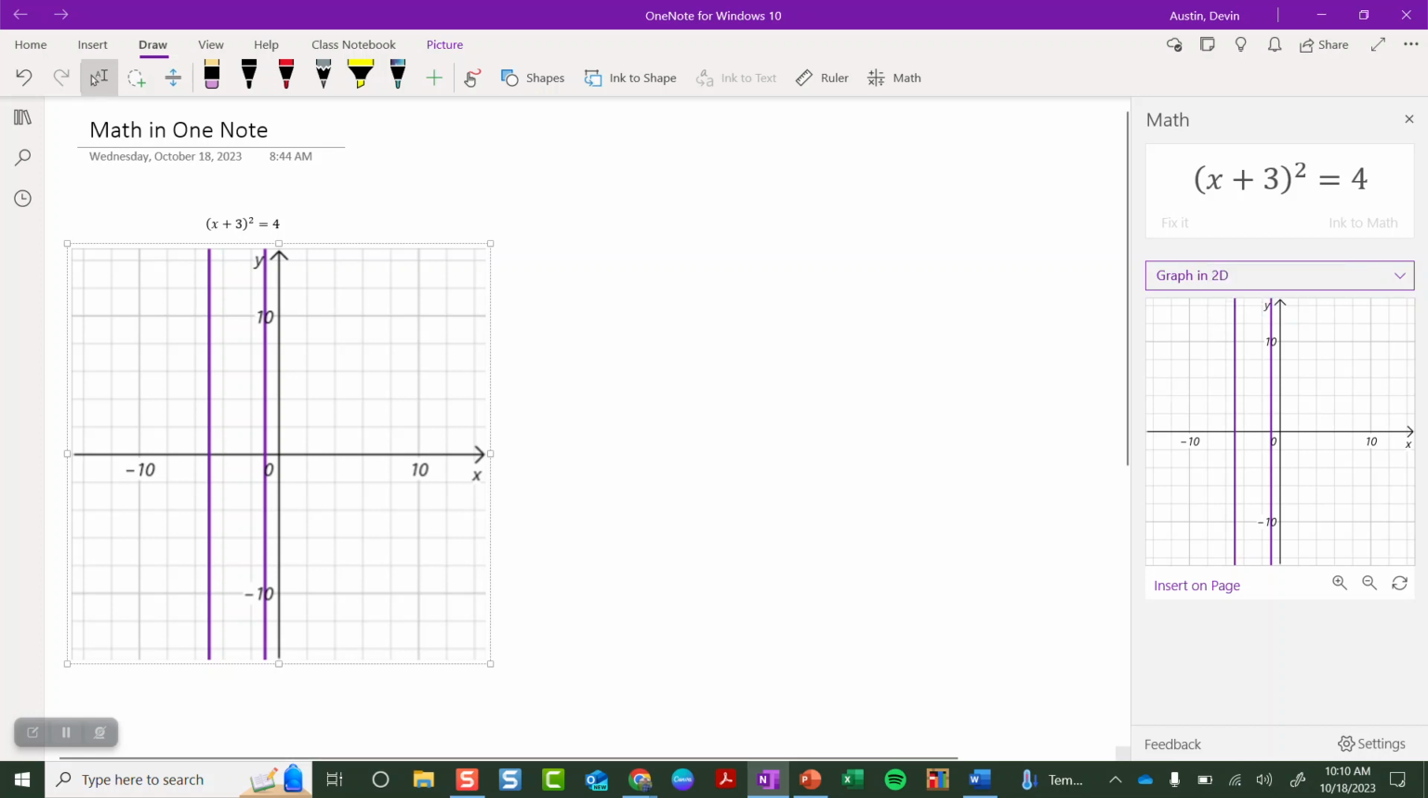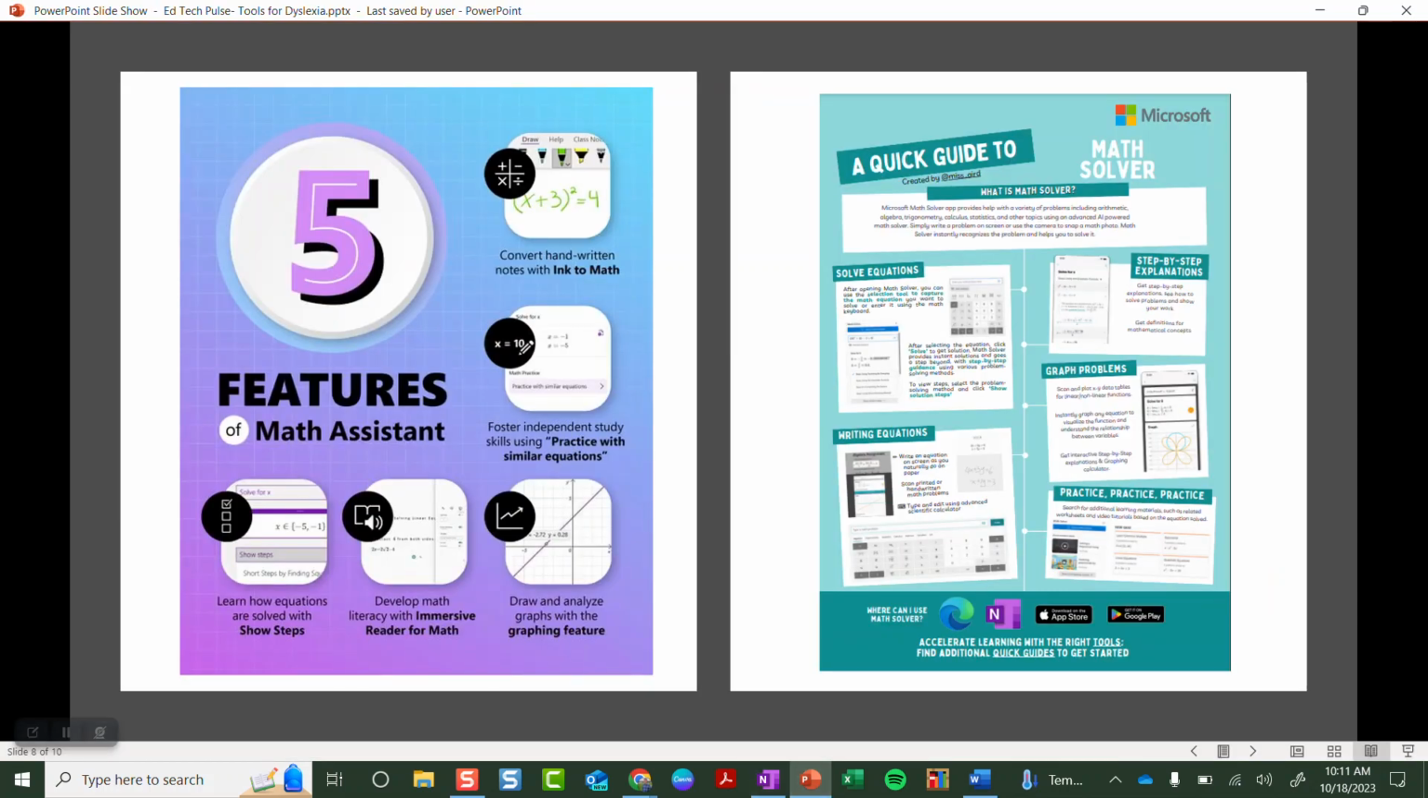So I also have things like a ruler tool that I can use, a digital ruler. I can ink to shapes, I can have shapes. So I can use this in multiple ways. I don't just have to have equations in order to do this, which is really awesome. So again, check out all of these different ones because they're really, really cool. One thing else I want to highlight is practicing similar equations. So if I actually go